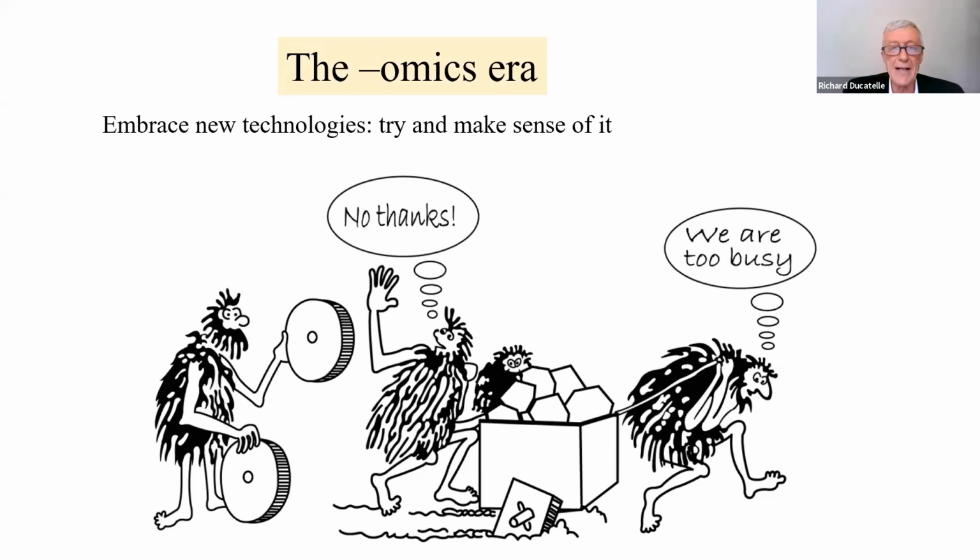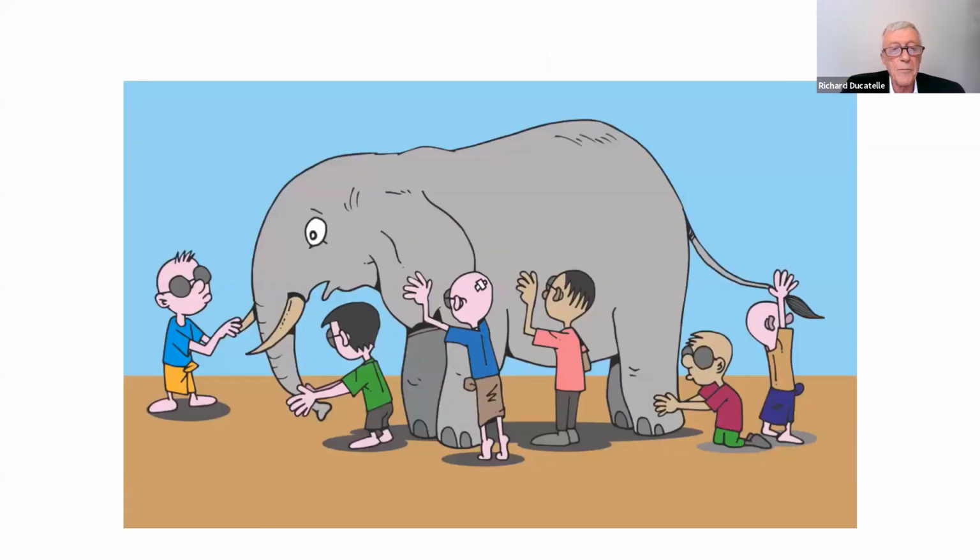And even if at first it's always rather like, right, I've been able to work with this technique, and what comes out is at first very descriptive, and it still is to a large extent. It's just reporting that under these conditions we see these changes in the metagenome or in the metatranscriptome or whatever. But anyway, I strongly believe that the positive thing about omics is that it is showing you